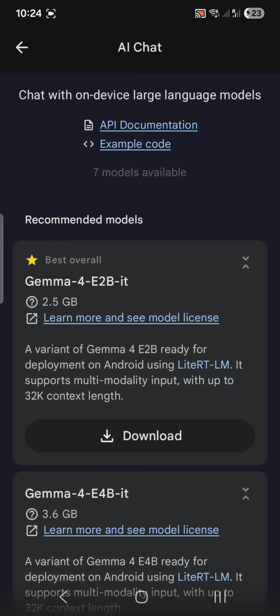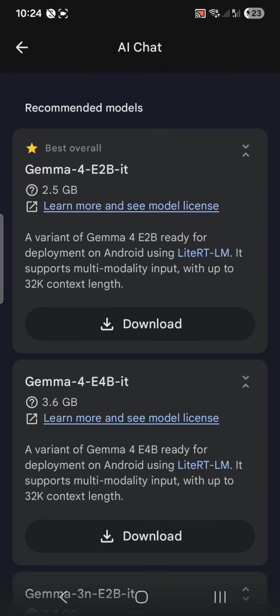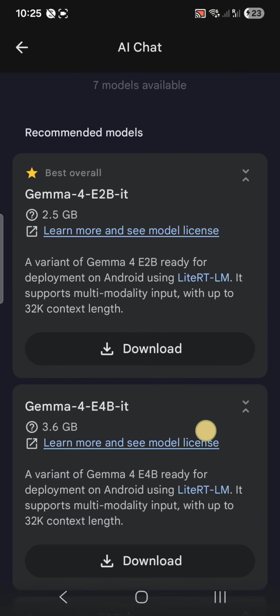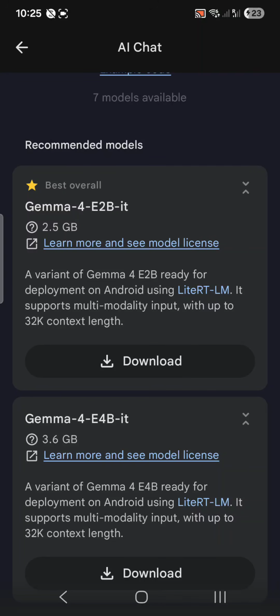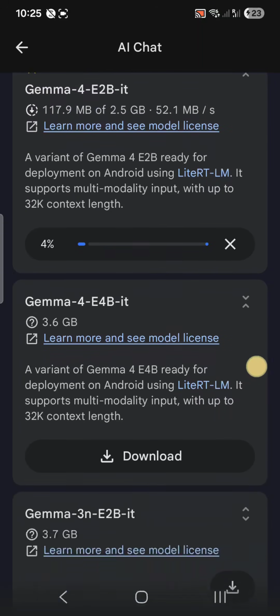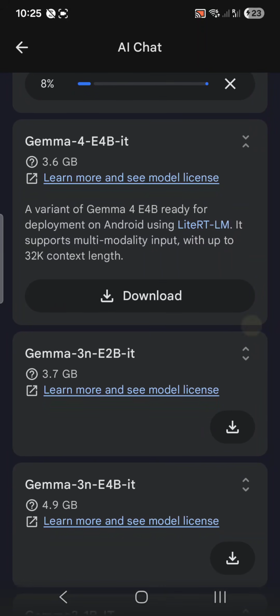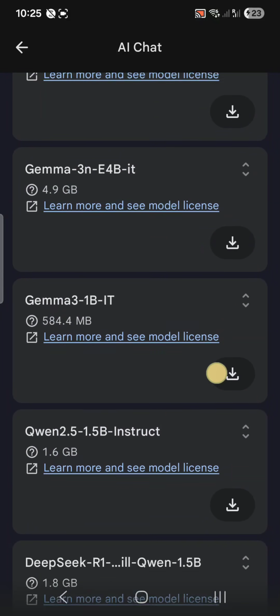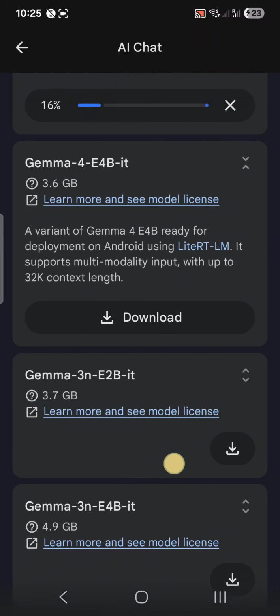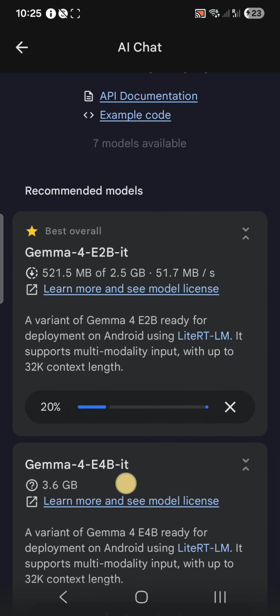2B E2B is available. So it is 2.5 GB, and of course there are other models also which are available, and this one is the best overall. You can see on top it is mentioned. It will also not consume much storage, which is 2.5 GB. So we'll be simply installing this. Of course, you can go for other models also. These are all other previous models, but this specific model is available that you can directly install